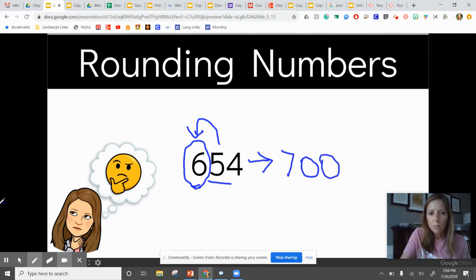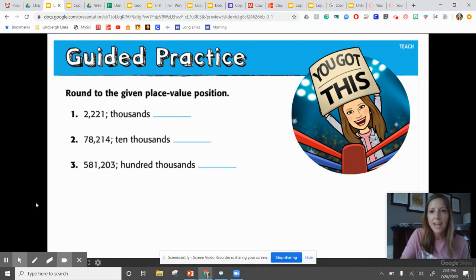Okay, let's try a few more. See if you can get them. Okay, so here we go. We're going to round to the given place value. We have